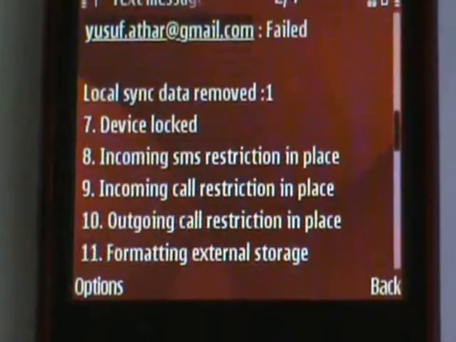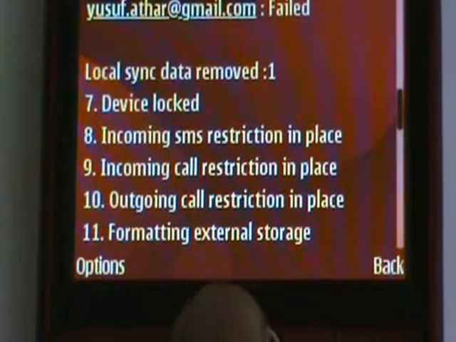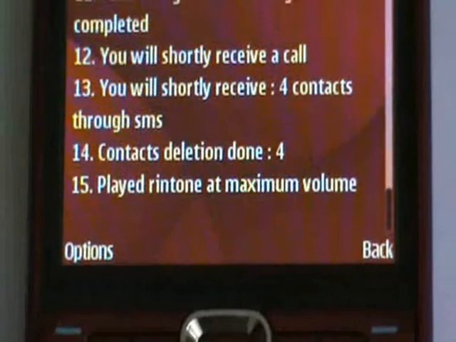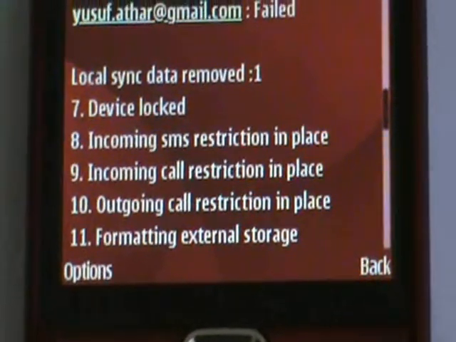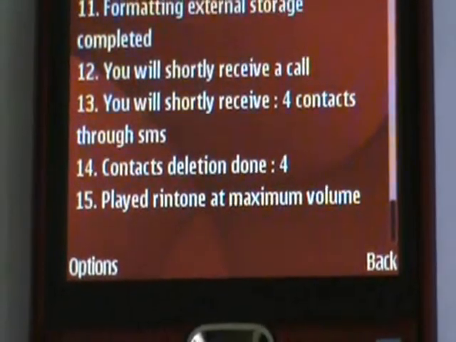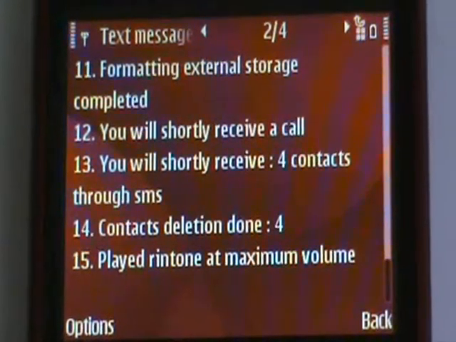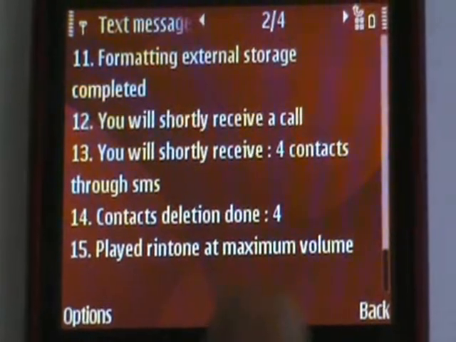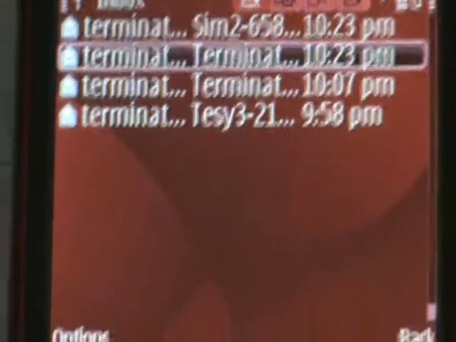Message deleted, call log deleted, the Gmail account failed to be deleted, then the device was logged, incoming SMS restriction in place, outgoing call restriction in place, external storage formatted, and how many contacts will receive a call from the device, and the volume, the ringtone was played on the device.